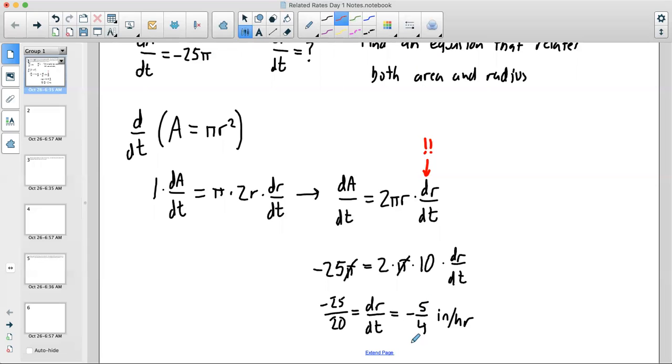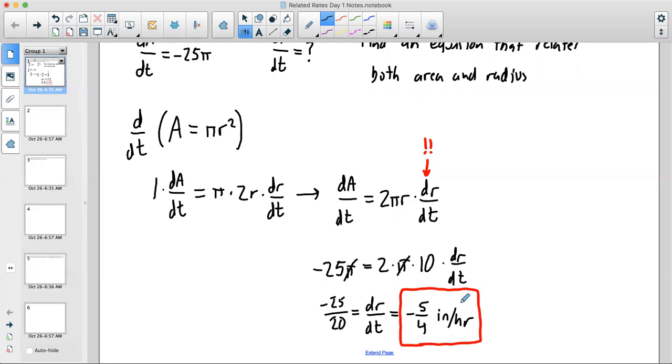It's going to be important to me that you guys use the units here so that I know you have some vague idea as to what's actually happening in these problems. So the dr/dt, which was the thing I was trying to find, is negative 5/4 inches per hour. And it's good that it's negative. It should be negative because the